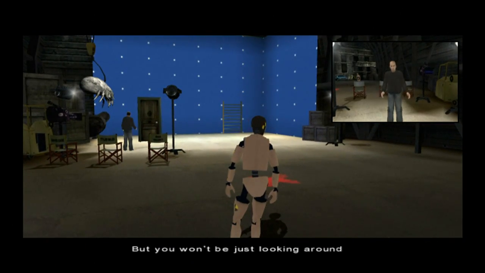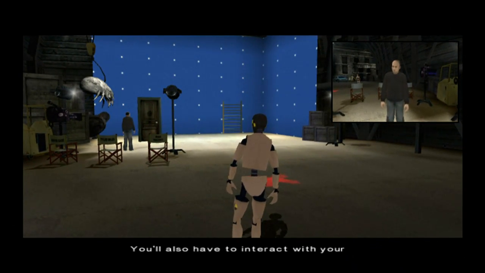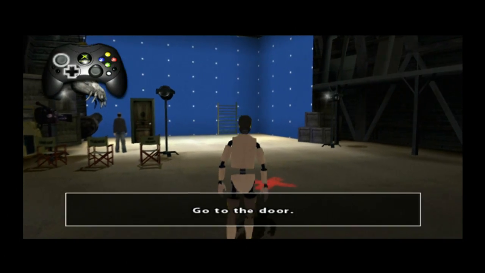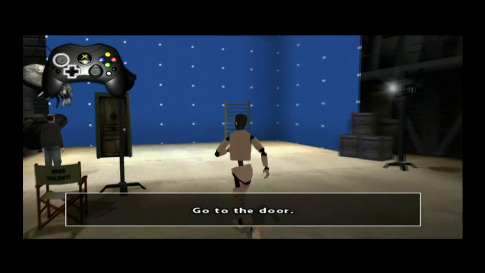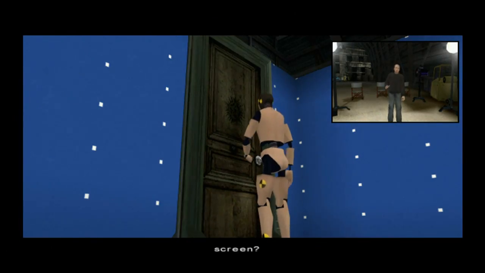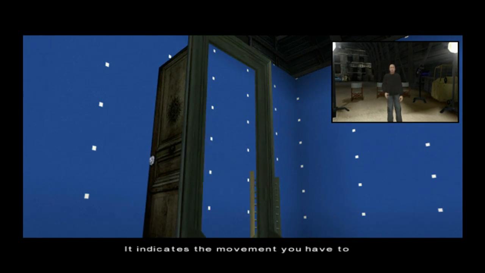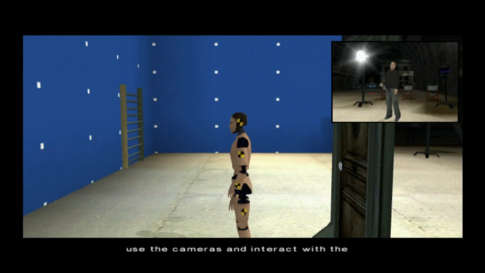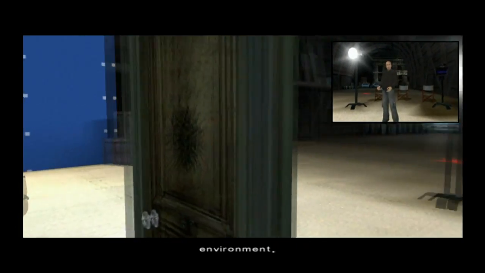But you won't be just looking around you in Fahrenheit. You'll also have to interact with your environment. Go to the door. Do you see the symbol at the top of the screen? It indicates the movement you have to make to execute the action. That's cool. Now that you know how to move about, use the cameras and interact with the environment, we can